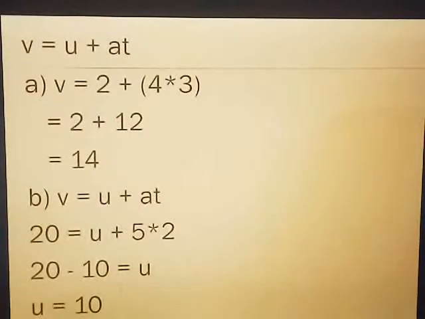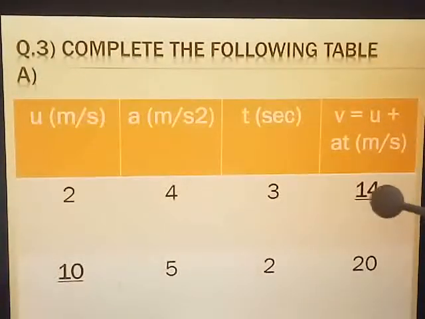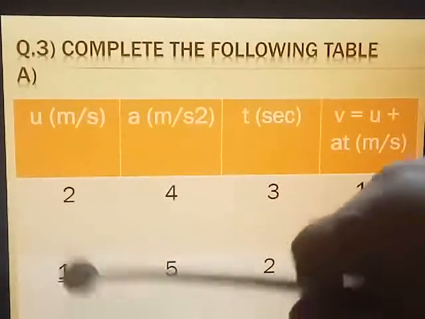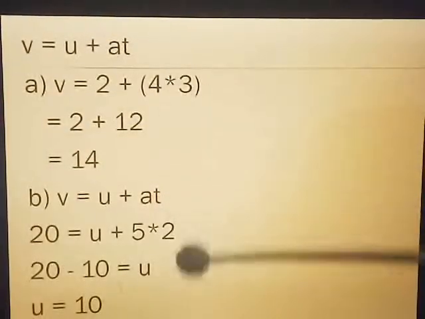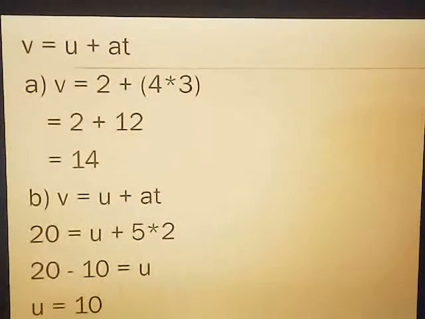Now these same values I have substituted here in the table in the blanks. No need of writing units and all, because already the units they have mentioned in the first column. So for a while I will just wait. You can copy down the working part of the sum, and then we move to question number 3b. This is question number 3a. 3 tables are there. 2 I will work out for you. Third one C I will give you homework.